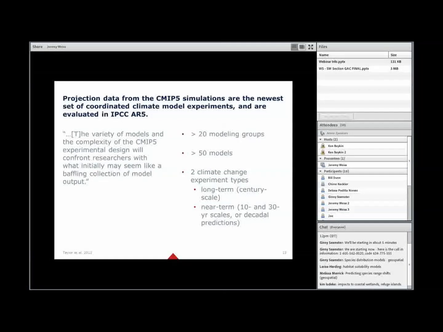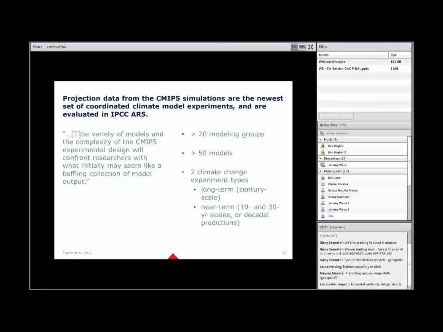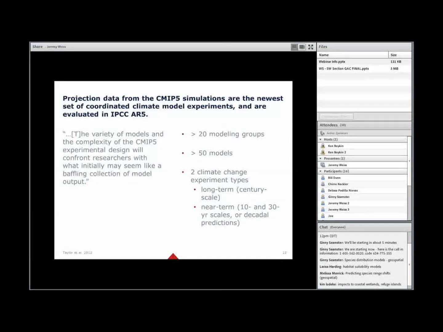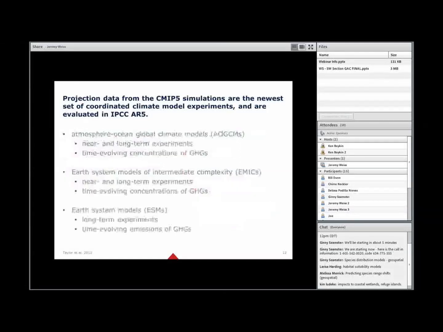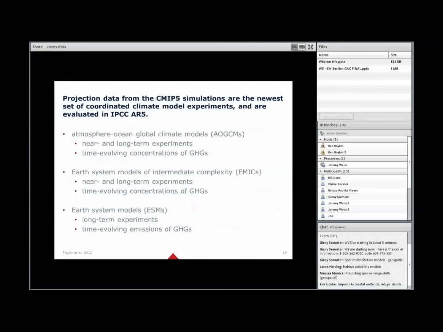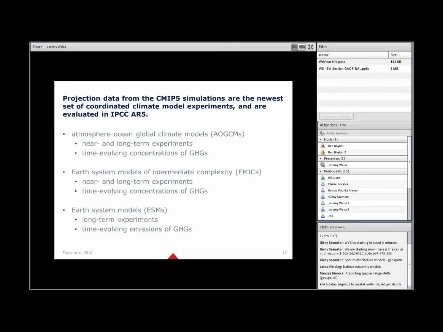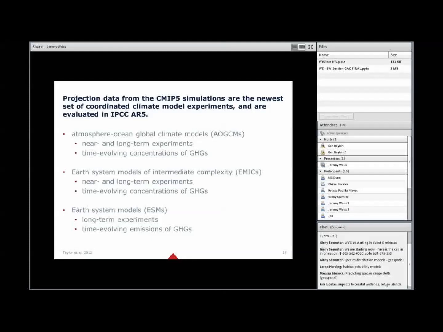We also have a few different types of models that are part of the CMIP5 ensemble. And the first one is the atmosphere-ocean global climate models. Those are the ones that were pretty typical in the CMIP3 ensemble, which was used to inform the last assessment report of the IPCC in 2007.